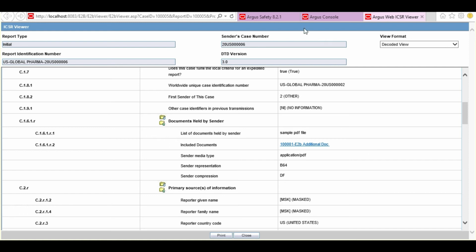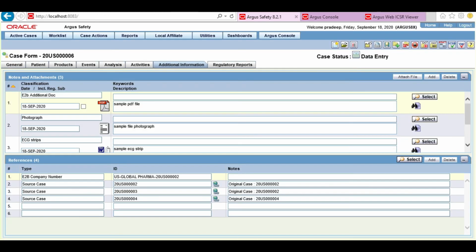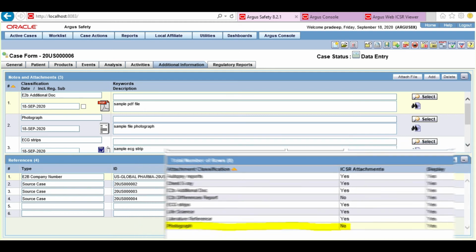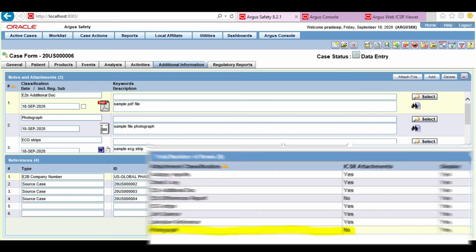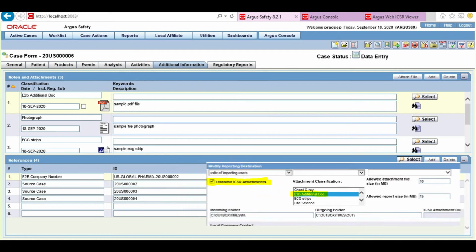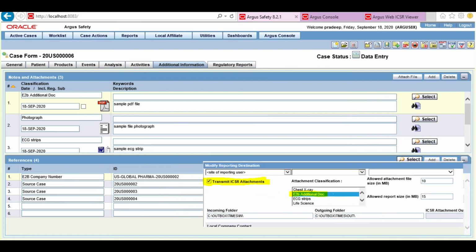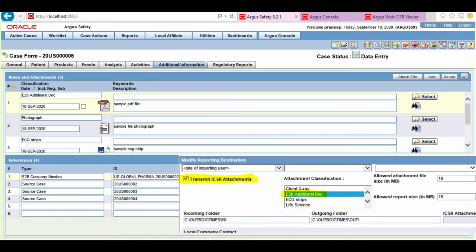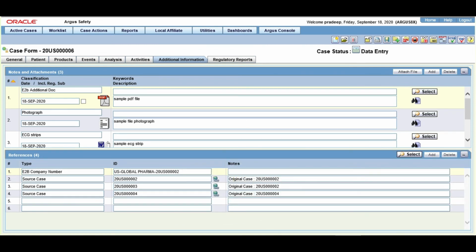Now you must have observed the photograph attachment classification is not part of the E2B R3 file because it was set to no in the codeless attachment classification. And the ECG strip attachment was not part of the E2B R3 file as it was not selected in the reporting destination multiple selection box. As we now have successfully generated the report, let us now transmit the report.